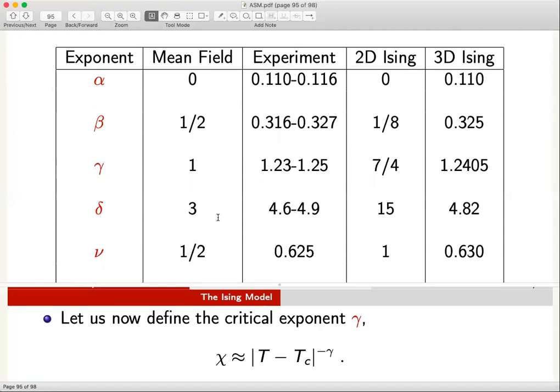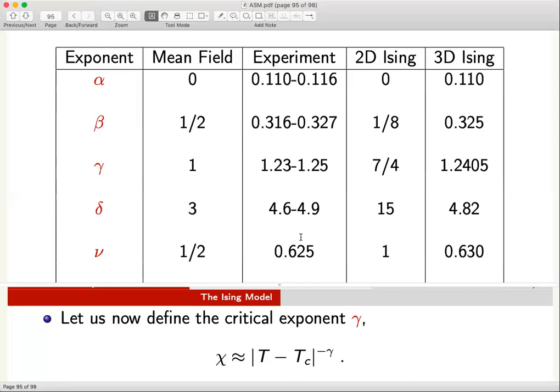We did not even worry about the fact that there were only nearest neighbor interactions. We just said that whatever you have produces some effective field, and every spin sees the same effective field in some sense. Even with that level of crude approximation, these numbers are not that bad actually.